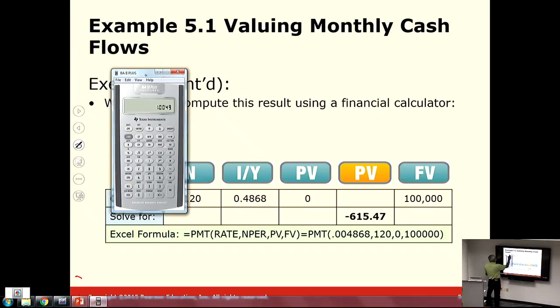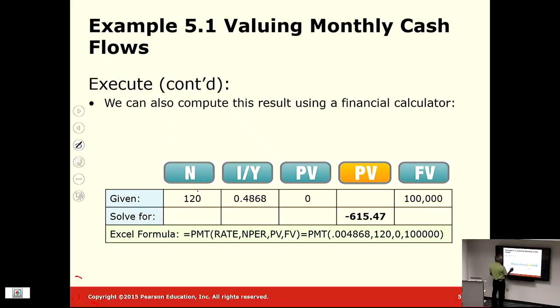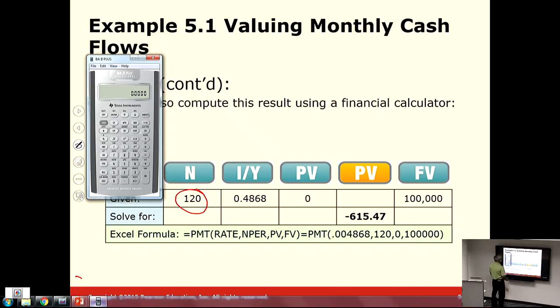Okay, so we go to our financial calculator over here, and we do a second clear TVM, clear everything. And what are the input variables? 120 is N. IY is going to be 0.4868 or 0.49 IY. We don't need to input any present value. Future value is going to be 100,000, and I'm going to be computing payment, which is going to